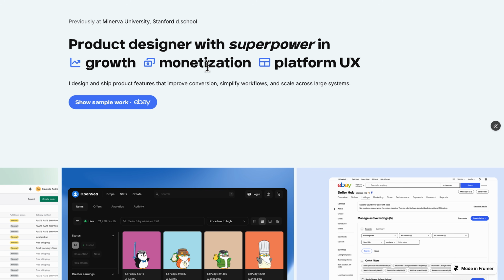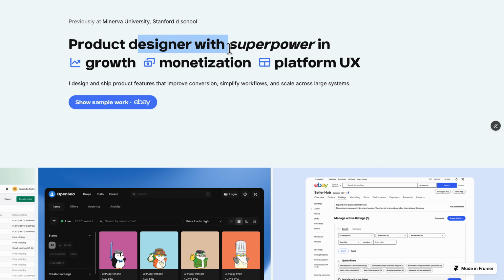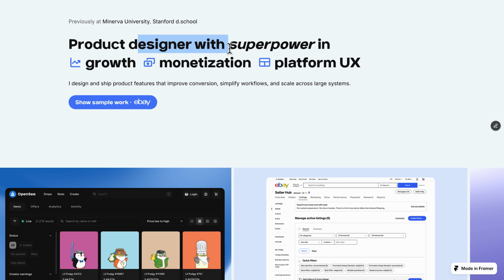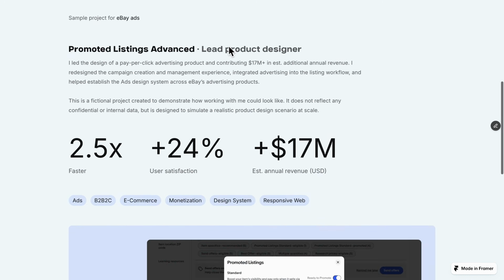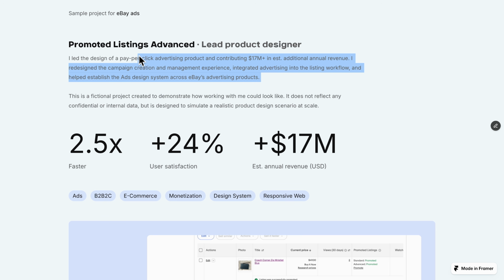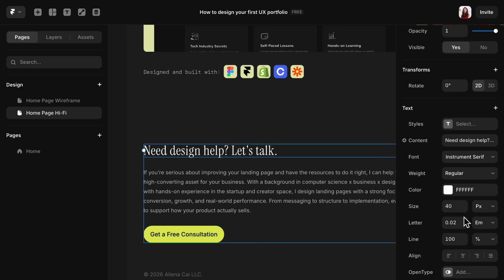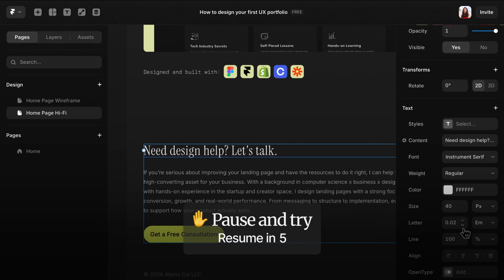You can also explore different text sizes. Headings give you more room to play. You can make them huge, keep them more classic, left align them, or center align them. But for body text, a good rule of thumb is use 16 pixels or at most 18 pixels. Anything bigger than that will make you look like you have no sense of scale after you launch the site. You can also play with things like line height, letter spacing, and text color. You might use a darker color for the heading and a slightly lighter gray for the body text. This part is really fun, so pause the video and play around with these font combinations. Try different things out, don't be afraid to break things.